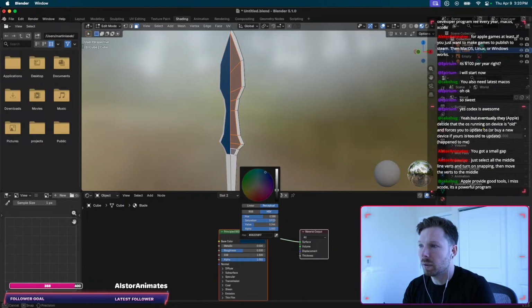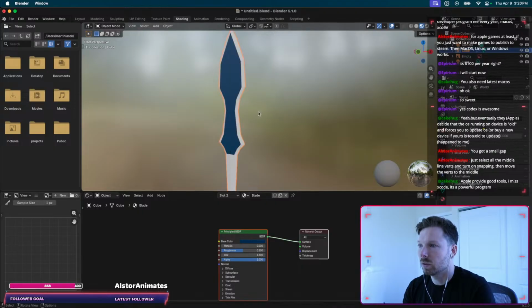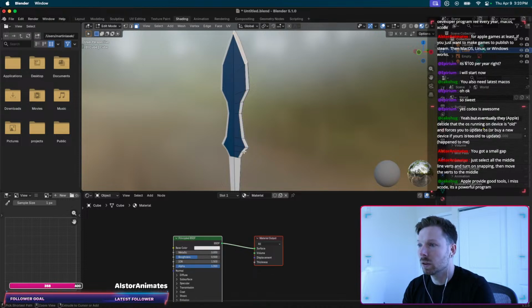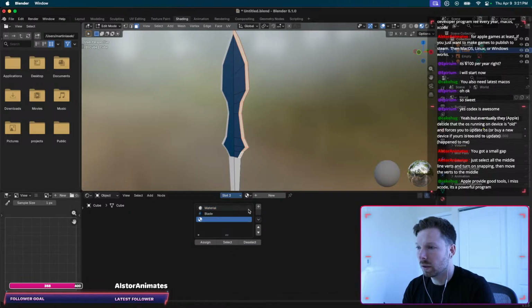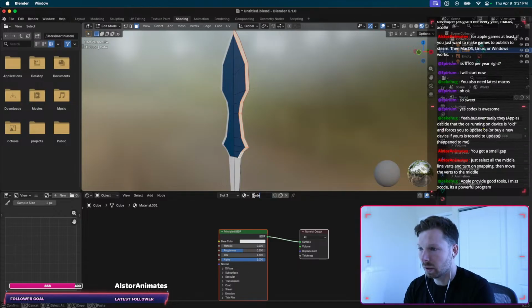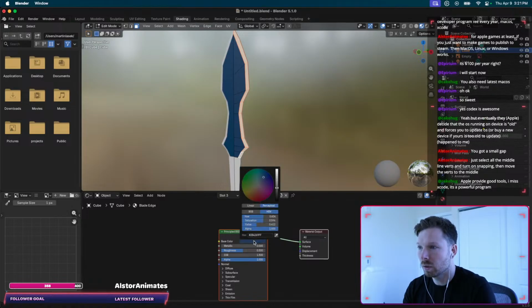We can make it maybe like a darker blade for now, just so we can see the blade. And then we can do something similar to the faces on the edge all the way here. And then let's create another slot and another material and call it maybe blade edge. And then here, perhaps we use the same color, however, make it a little bit lighter because, you know,